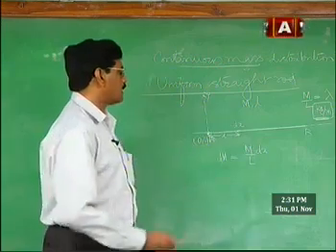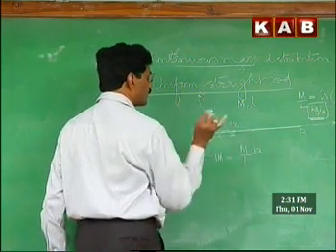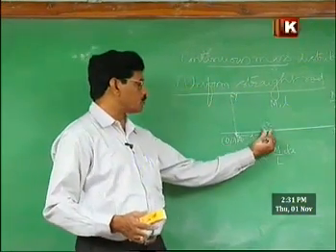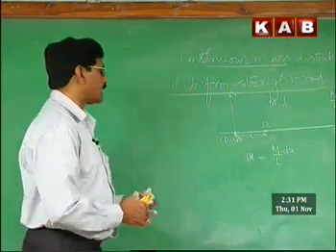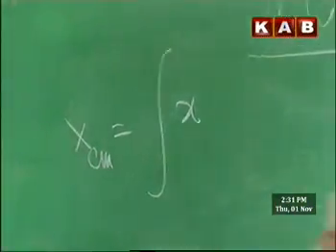That is the mass. This means we are treating each element of the rod as a small particle. Then how to calculate xcm? The formula for xcm is equal to the integral of x, where x is the distance of this particle, into dm, the mass of that